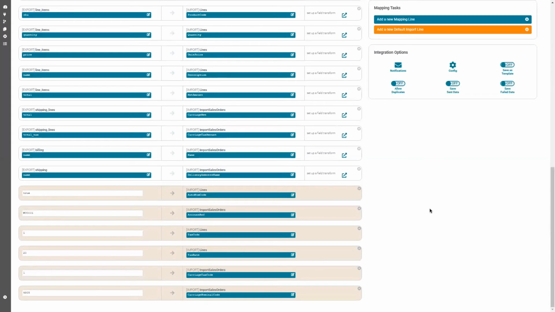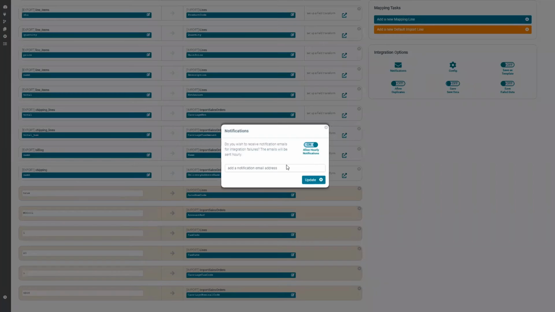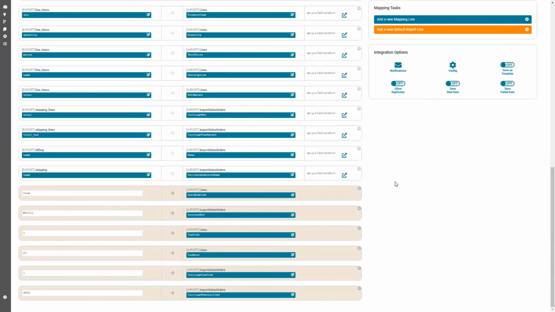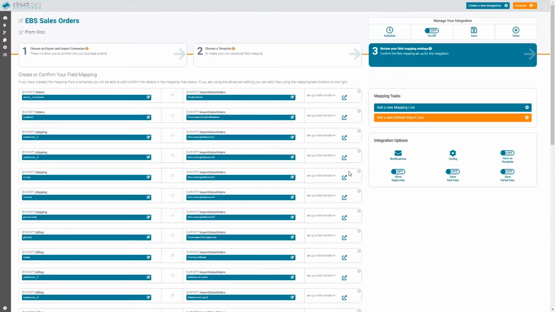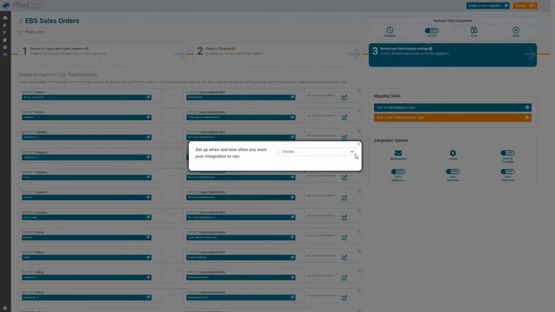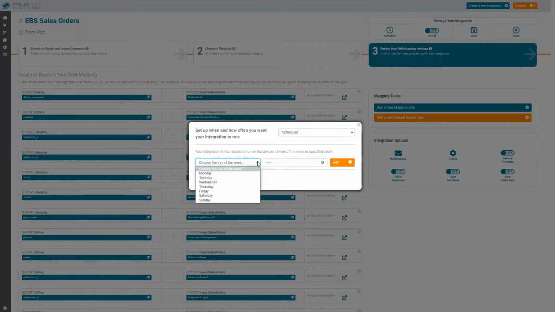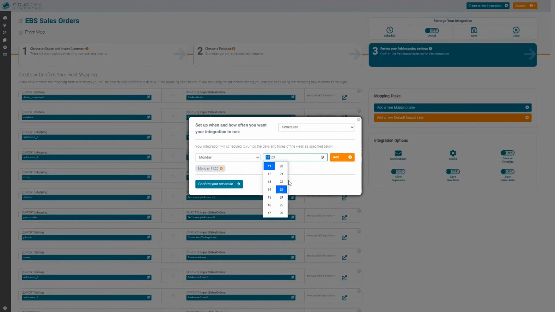We've also got the ability to add notifications, and we switch on and put an email address or a group email address or a couple of email addresses to allow the system to email the relevant team or individual when the orders hit Sage. We can also create a schedule, so we can schedule it by days of the week and set a time here and a time here.